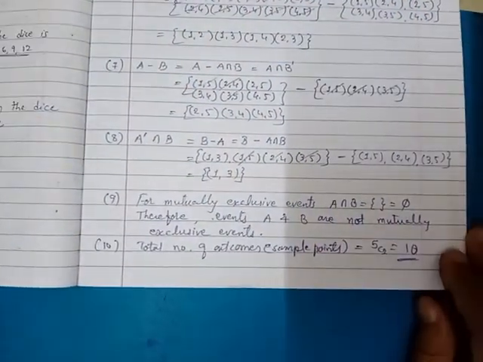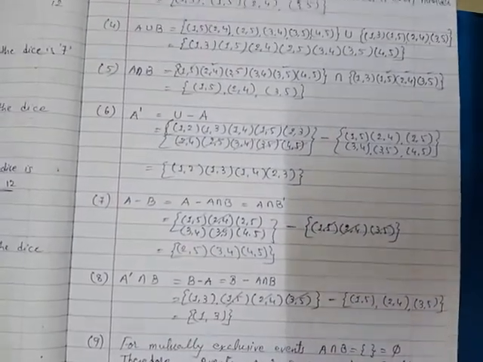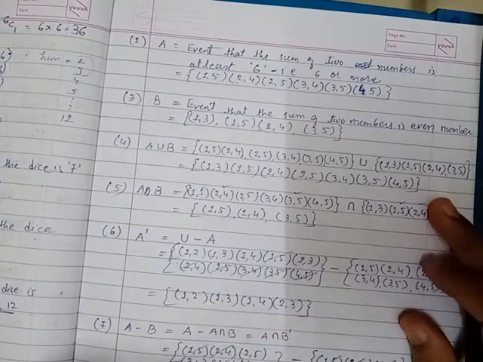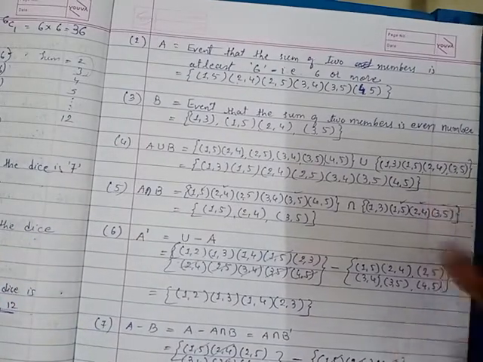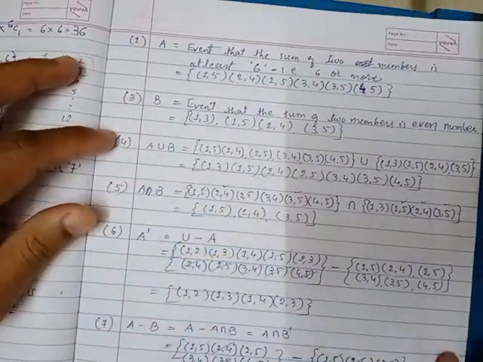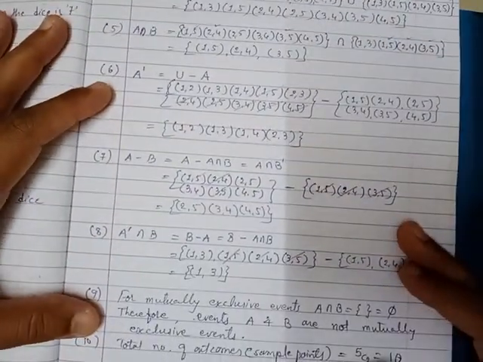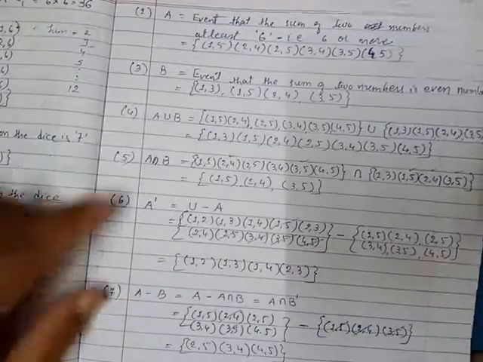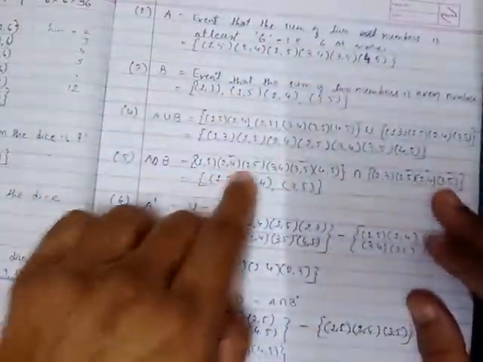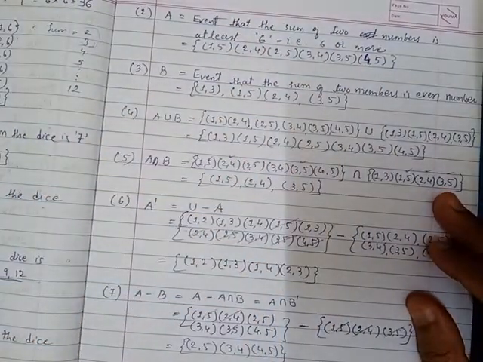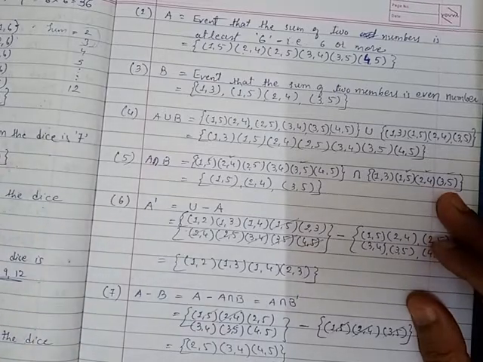Okay, so this is how we can separate out different events according to the two events we have separated, right? And we can get the intersection also, union also, difference event also, complementary events also, and that is helpful for us. These are all called favorable outcomes for each of the events which we have calculated, and using that we can find out the probability.